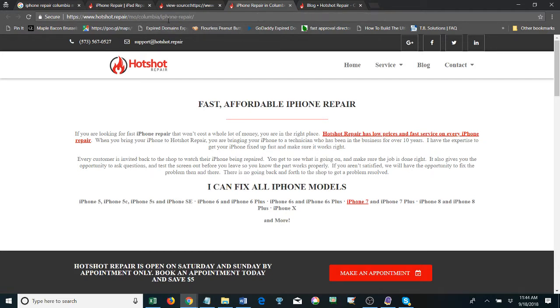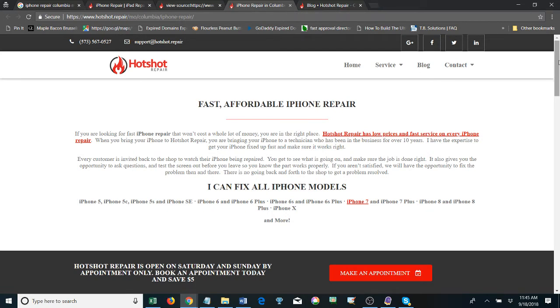You have iPhone repair Columbia Mo in your URL. You have iPhone repair in Columbia Mo. That's pretty good. And then you have Hotshot repair. And then you have Columbia Mo again. I probably wouldn't repeat Columbia Mo twice. I like to repeat the state once and the city once. I'm curious to see if you removed it, if that would help with maybe an over optimization that you're seeing. And I say maybe because sometimes you can get away with these things, but that's something I would play around with, is removing one of the Columbia Mo's.